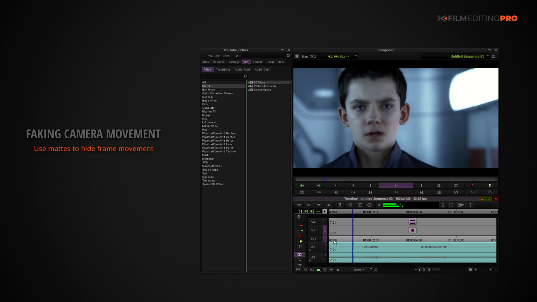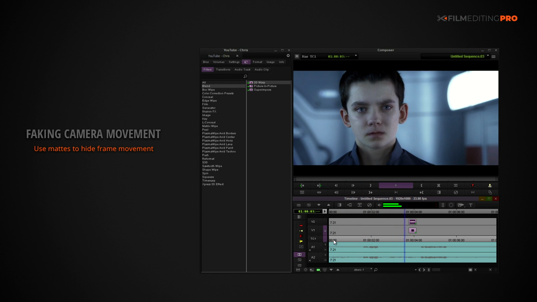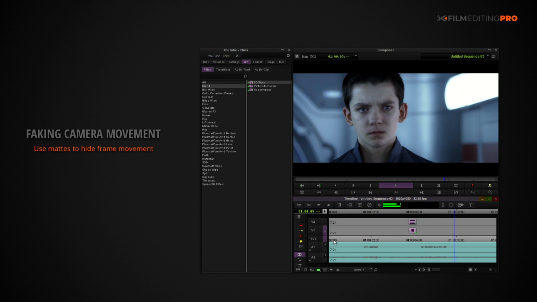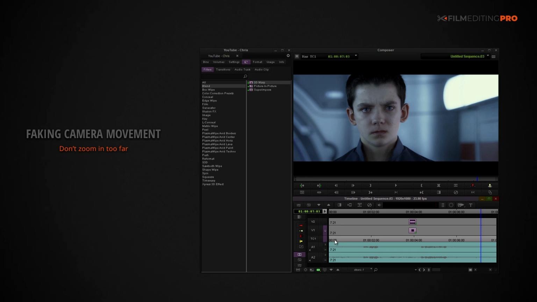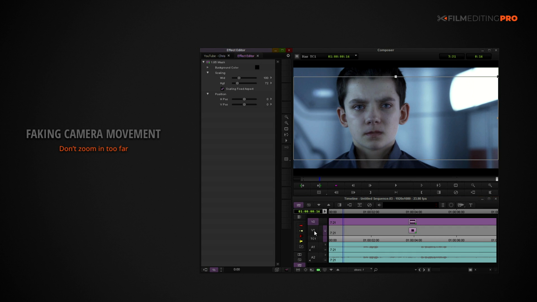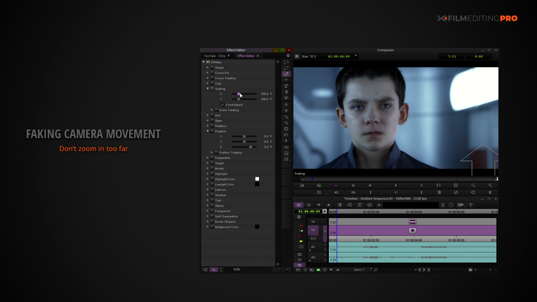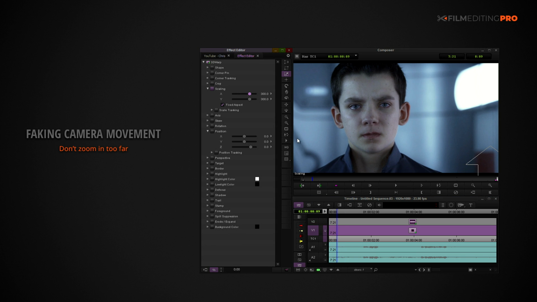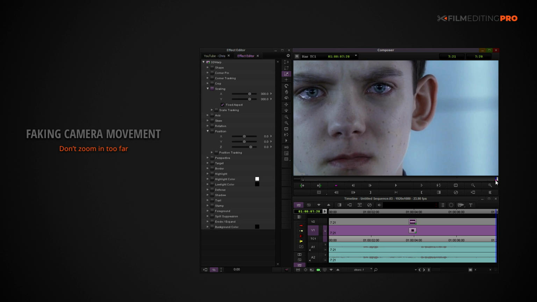Of course, be sure to place a mat on top so you don't see the edges of the frame animating, if your aspect ratio would cause that. Also, be careful not to zoom in so far that the quality of the image starts to degrade. That can be a particular concern when using old-school standard definition source material, but even with full 1080 HD footage, you really don't want to zoom past